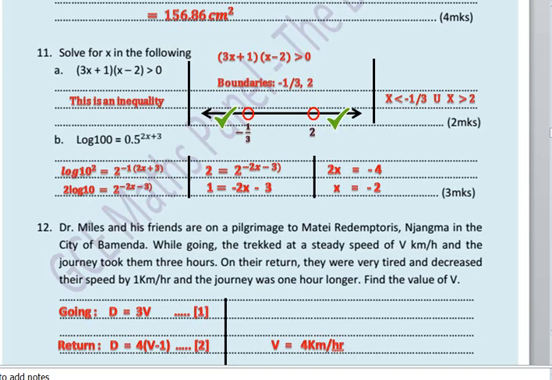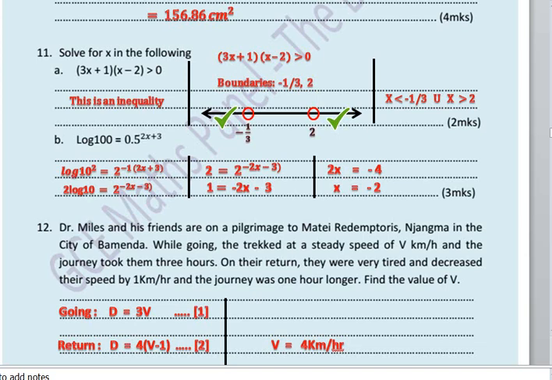The second one, which is a logarithm, log 100 is equal to 0.5 to the power 2x plus 3. When you see an equation like this, the base of the log is not written, it means that the log is base 10. And log 100 can be written the same as log 10 to the power 2, or log 100. Normally on a calculator, log 100 will give you 2. And here, since log 100 is equal to 2, the left hand side will now be 2, and the right hand side